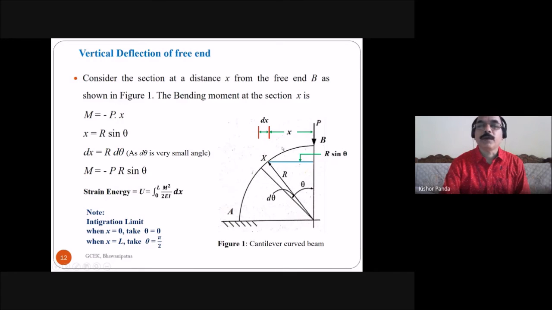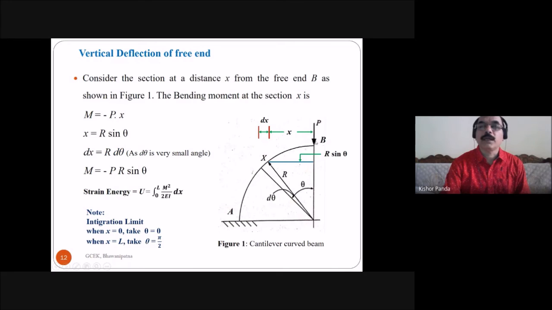Then, because this length is x, you have to find out what this length is. I have already explained in the previous example: this length is equal to R into sin theta. So you have to find out what the moment is here